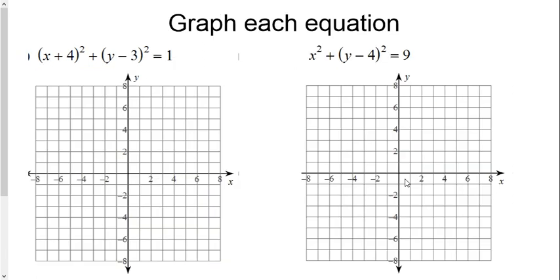In the next ones, we are graphing equations. So you're going to use what we just did. We're going to find the center and the radius first, and then we're going to plot the points. So to find the center, remember we look at the two numbers inside the parentheses. So my center is going to be the opposite of positive 4, which is negative 4, and the opposite of negative 3, which is positive 3. And my radius, we look at the last number, so my radius is equal to the square root of 1,